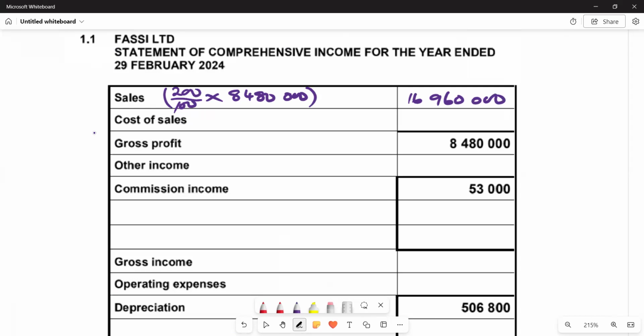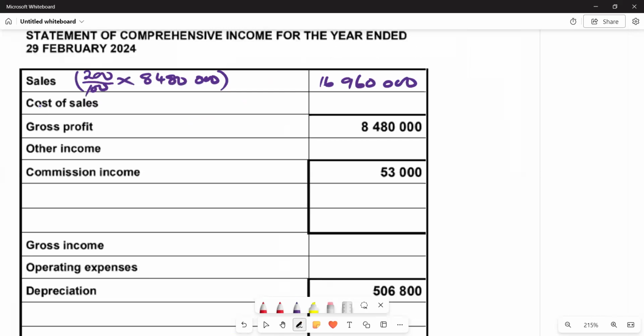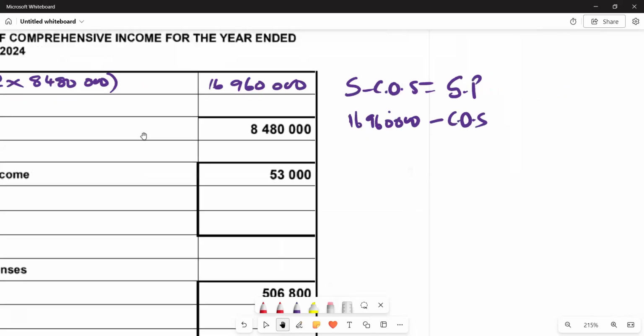Remember, to get your gross profit, you say sales minus cost of sales. We can represent this in a formula: sales minus cost of sales gives you gross profit. In this case, we have 16,960,000, we subtract the cost of sales that we don't have, and we get the gross profit, which is given as 8,480,000. To find the cost of sales, we rearrange the formula, so cost of sales is equal to 16,960,000